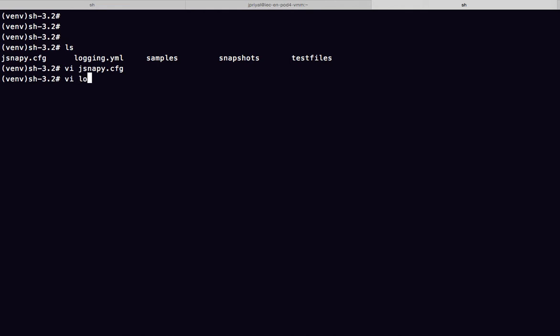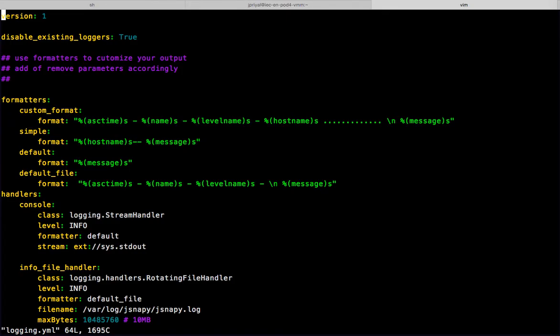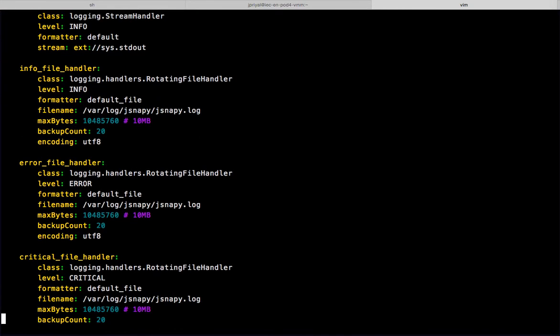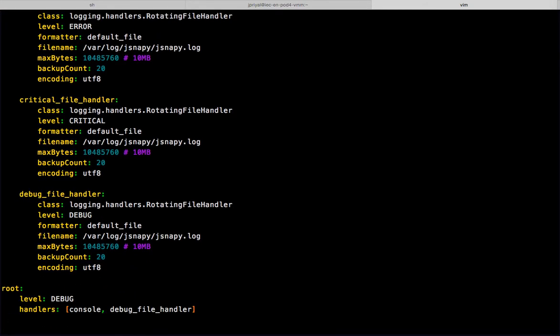Second one is logging.yaml. From this file you can control the logging level of the whole JSNAPy. So there are two main things that you need to take care. First one is the level and the second one is handler. So inside level you can specify the overall logging level that you want to set for JSNAPy, and the handler is where you can specify where you want the logs. Like if you specify console, it will print logs in console. If you specify file details like debug file handler or critical file handler, then it will store logs in these